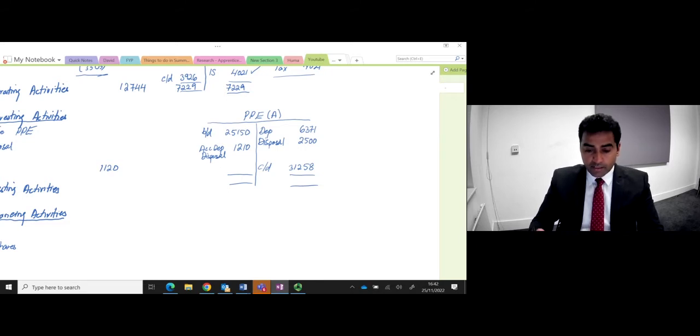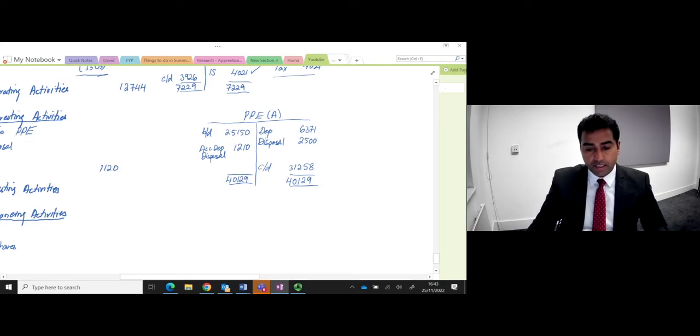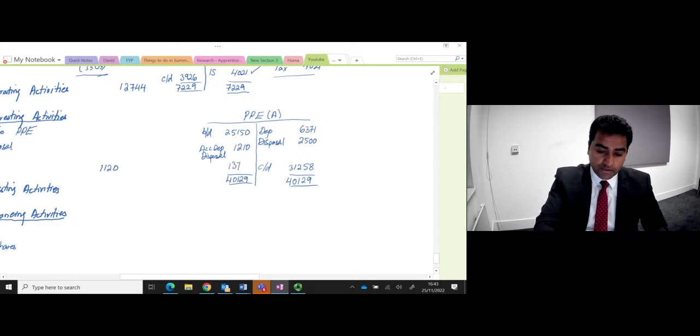Now I have got all the figures over here. I'm going to close this account. So the credit side is heavier, which is 40129. I'm going to copy the same figure, 40129, and then I will subtract 25150 and 1210. So the difference is 13769, which is bank,